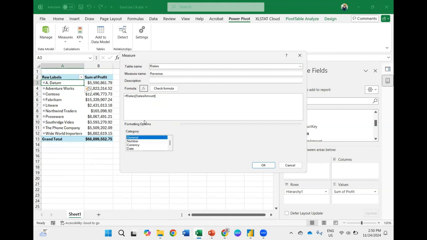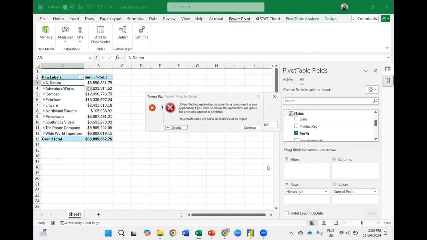The revenue is not based on sales amount only, but sales amount minus sales return amount. You exclude the return amount, and you can consider that the revenue. Then how do you want to display currency? Two decimals and the US dollar sign.